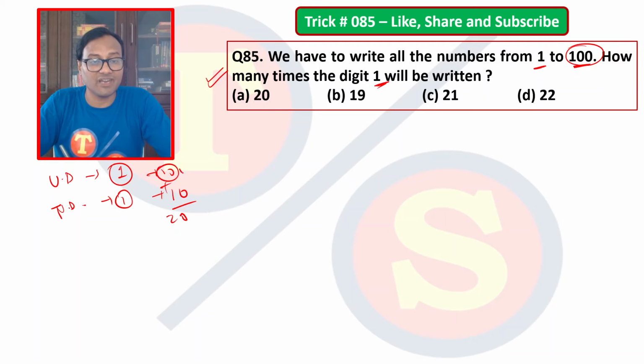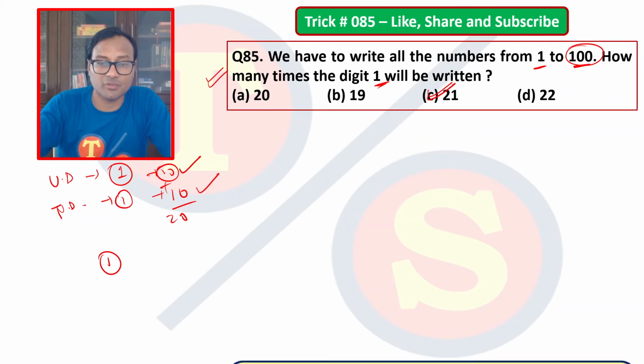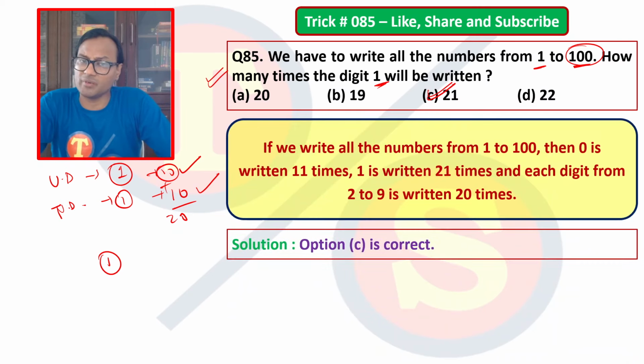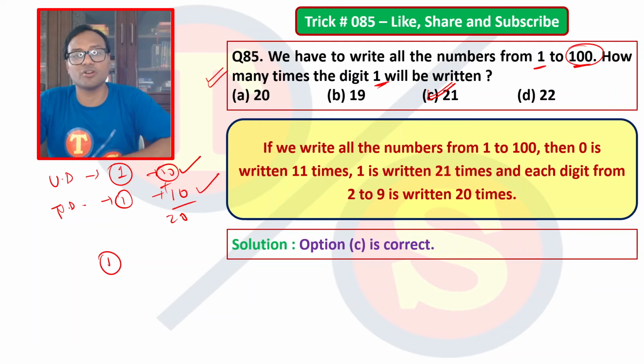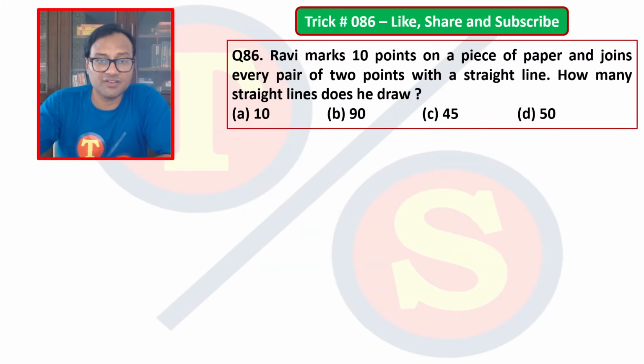So there will be 10 ones at the unit digit, 10 ones at the tens digit, and 1 at the hundreds digit. So definitely there will be 21 times 1 in these numbers. And you can always remember that 0 is written 11 times, 1 is written 21 times, and every digit from 2 to 9 is written 20 times in all the numbers from 1 to 100. After that, if I see 86,